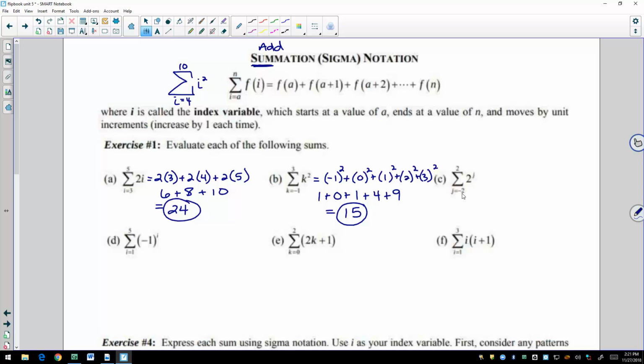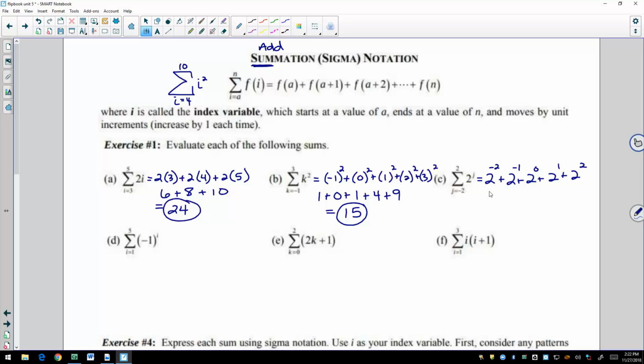So you're going to start with -2. You're going to plug in -2 for J first. So that's 2 to the -2. And then you're going to keep going up by 1 until you get to +2. So that would be 2 to the -1, 2 to the 0, 2 to the first, and then 2 to